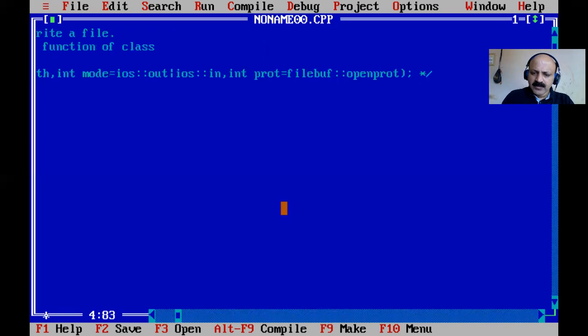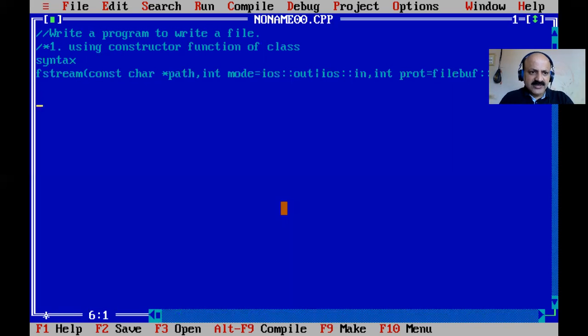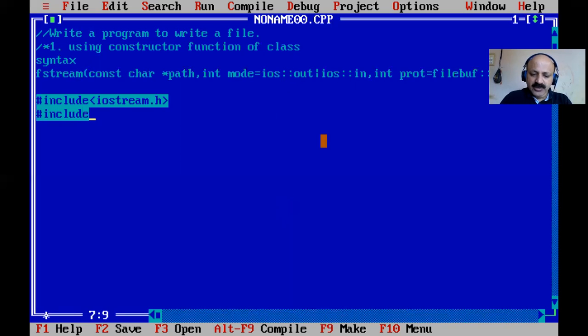Okay. Based on this syntax, first we can write one file. In fstream, only one class is used. In my previous technique, the constructor technique is also used, and we used two classes, ofstream and ifstream. Now we can use only one fstream, because here you can see the second constructor parameter is in, out, and the OR operator is there for both. So we can have both permissions. Now we can include